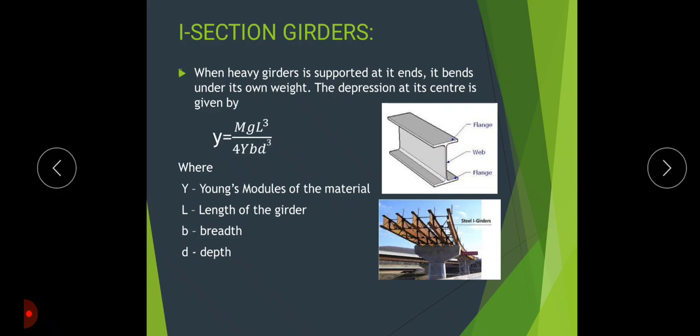A girder is commonly used to build bridges. It is mainly used for constructing bridges. Here the I-section girder or I-beam is also called the H-beam. It is also called an H-beam because it is in the shape of H or I. It is also known as a wide beam, W beam, also universal beam, UB.